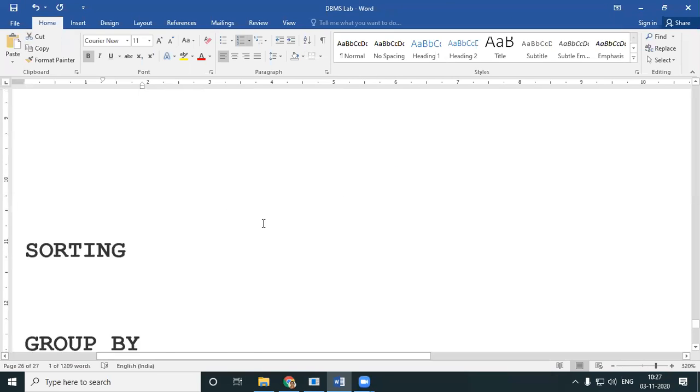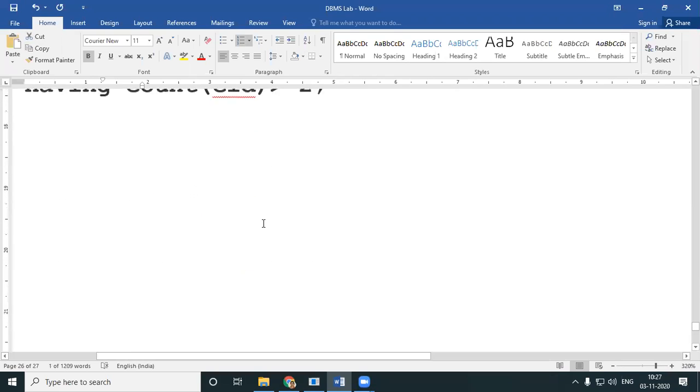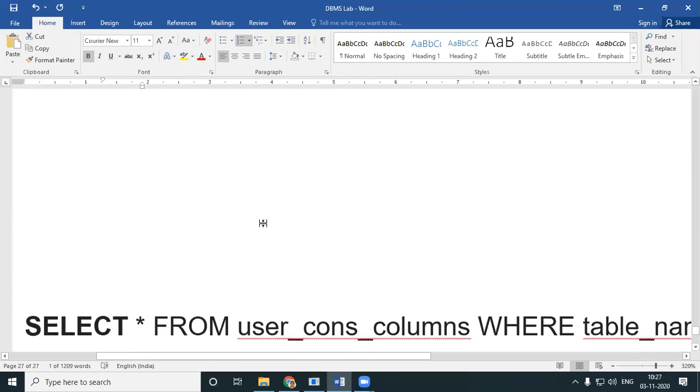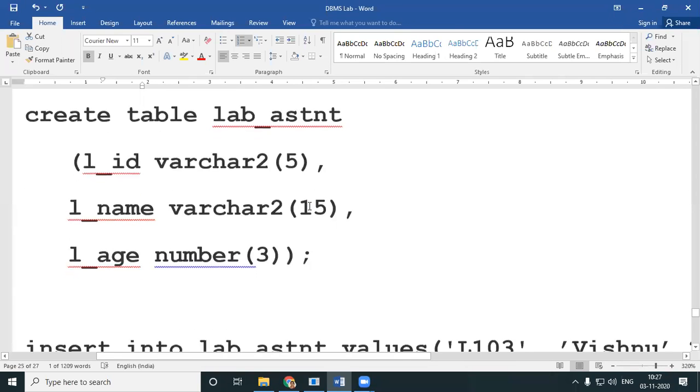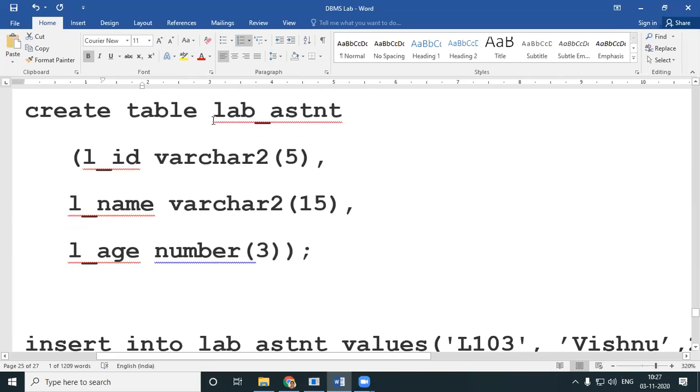For that, I have created a very simple table called lab assistant, where I will have an LID, lab assistant ID, an L name, and an L age.